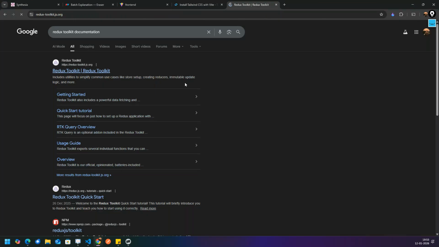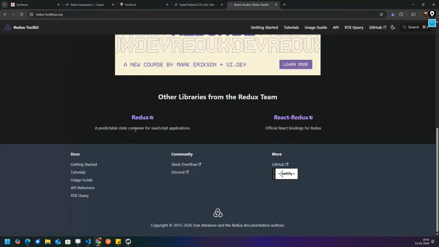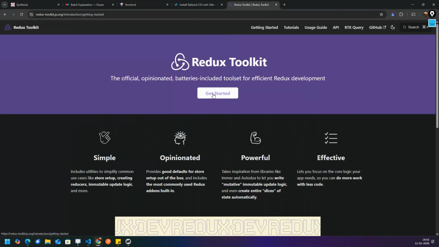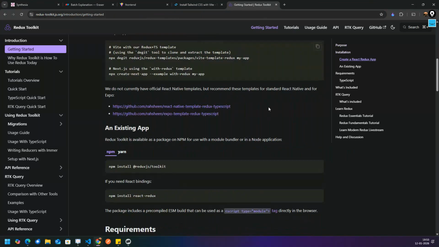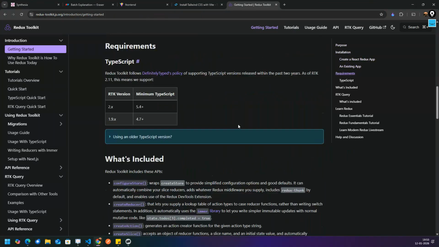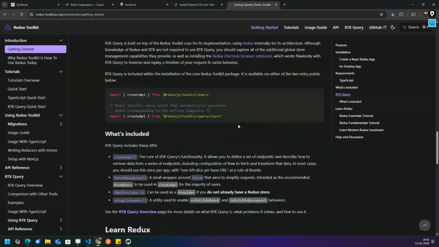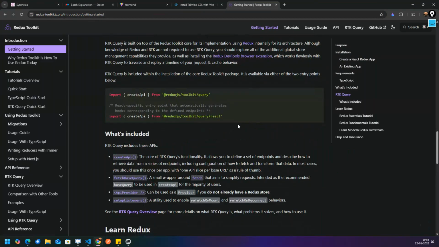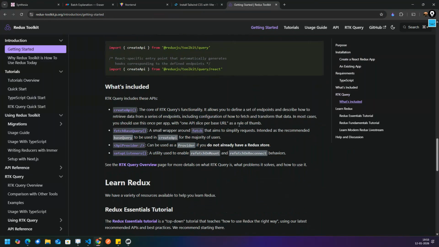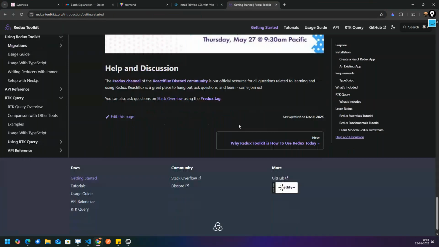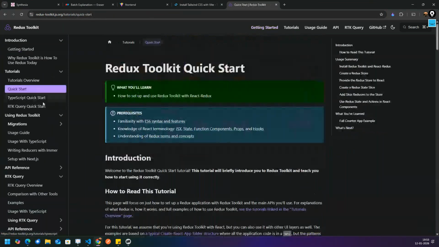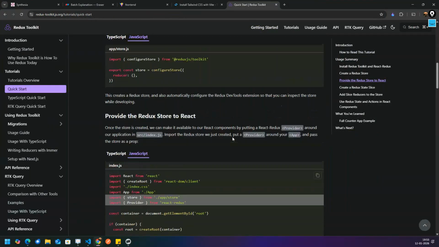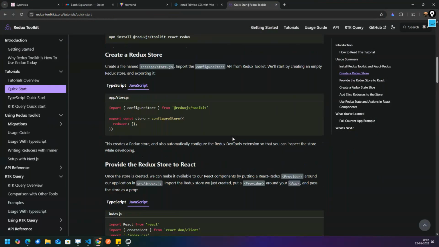If I open the Redux Toolkit documentation over here, you see installation and all it is giving me. See over here, what I told you with the Redux Toolkit, what is happening?